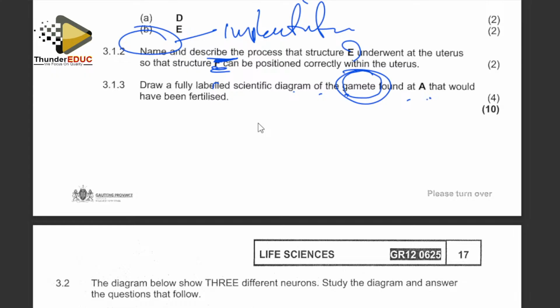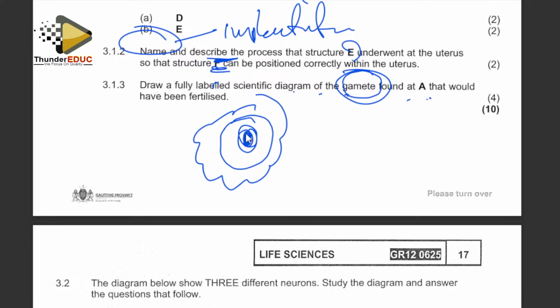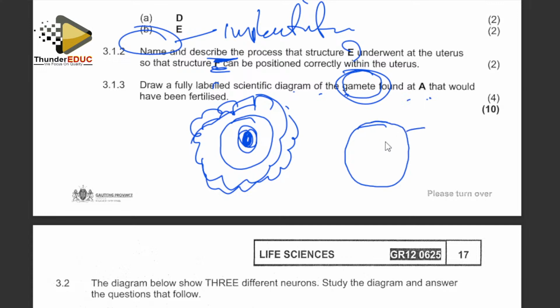So meaning that you have to draw. Sometimes people draw it like this, and then they put the cell membrane, and then the nucleus. This one must be smooth, whereby this is the jelly-like layer. Remember, the jelly-like layer is not straight. Others just draw it like that, but draw it properly. Comes the jelly-like layer, then the cell membrane, then the cytoplasm, and then the nucleus inside.